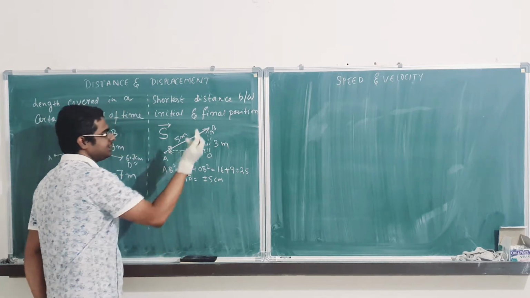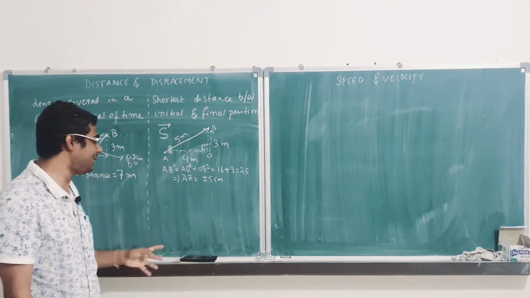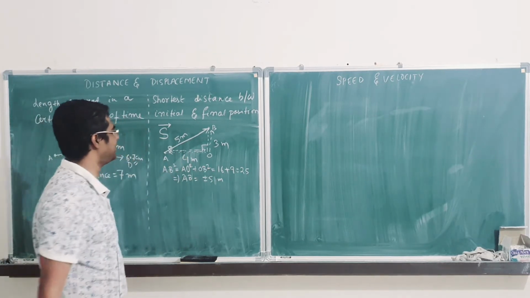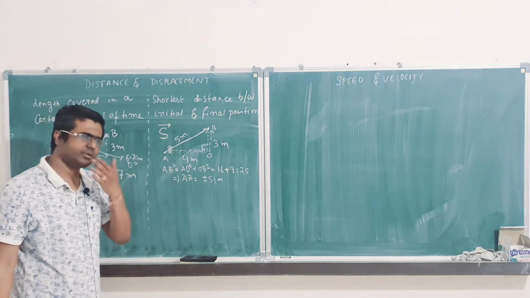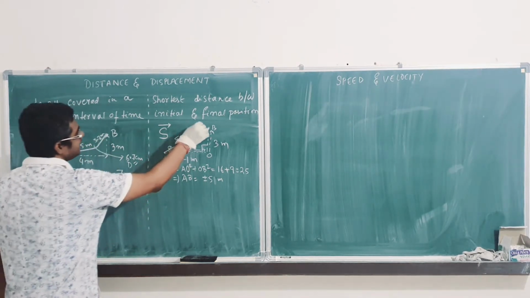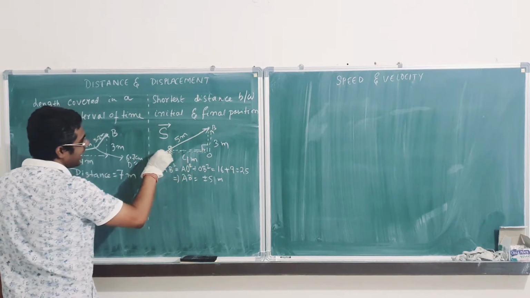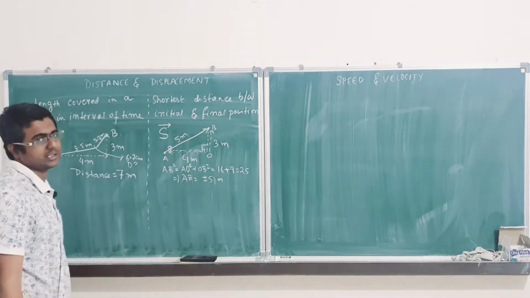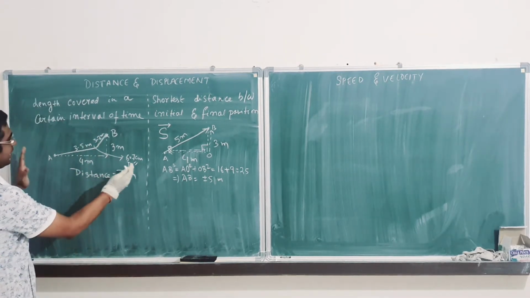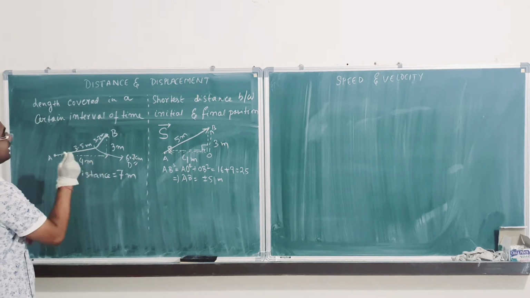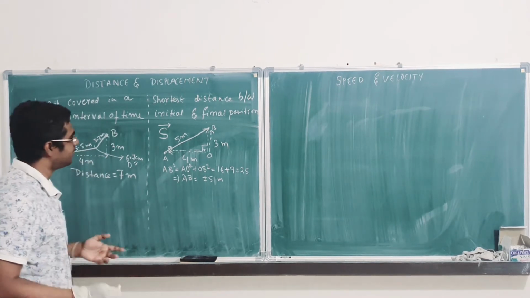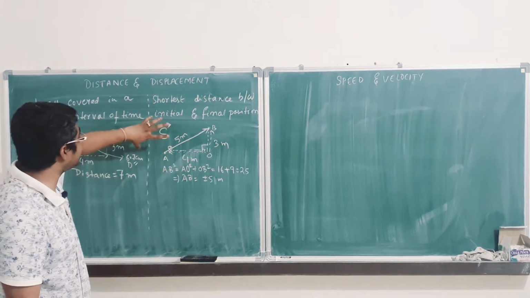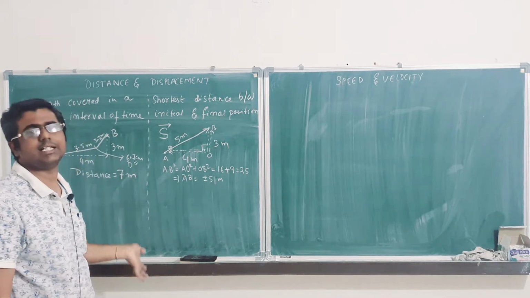But distance cannot be negative, while displacement can be negative guys, but we'll take it as 5 meter. ठीक है, 5 meter. Displacement can be negative, it is a vector quantity. So you can take minus also. Minus will be when you measure the distance from B to A, it will be minus 5 meter. If you measure the distance from A to B, it will be plus 5 meter. Clear? So herein you can see the path traversed guides the distance, but the path traversed does not guide the displacement. Displacement is the shortest distance between the final and the initial position.